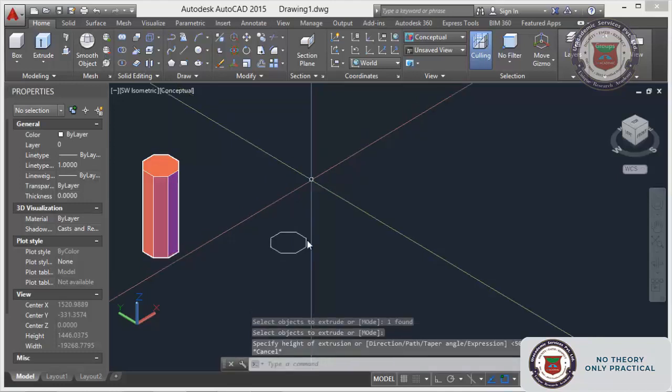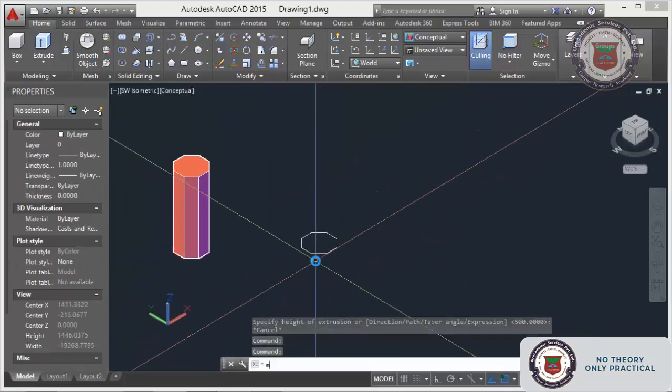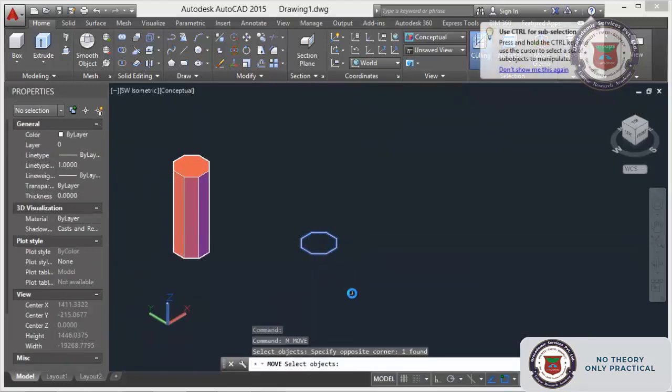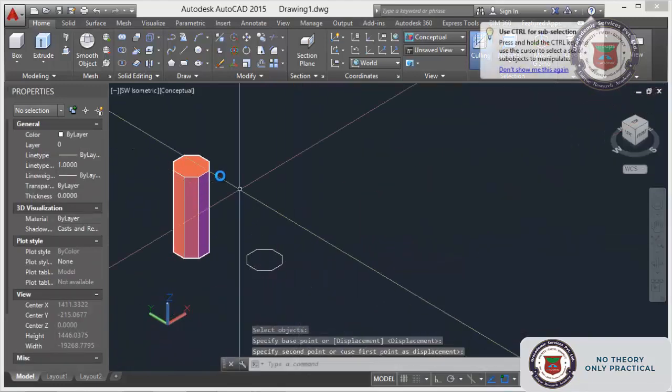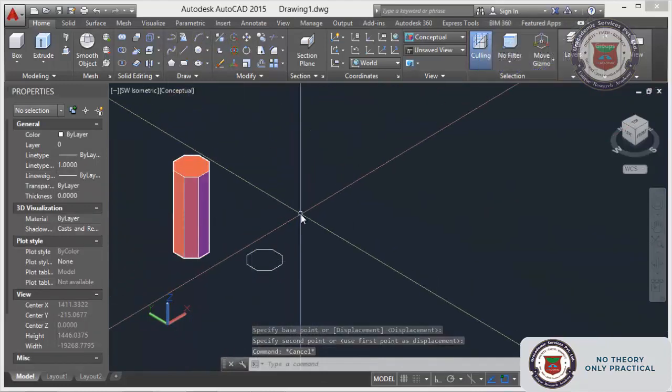For that, I will create a path. Normally the path should be a polyline or spline, not a single line from the line command. You cannot use lines or arcs like that. You need to make it a polyline or spline so that your extrude command will work.